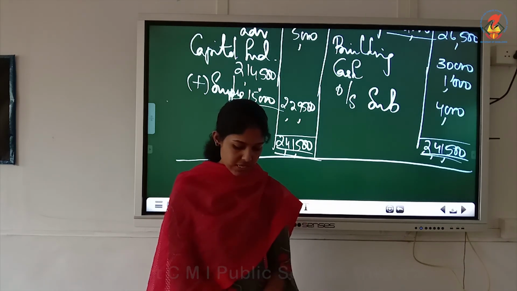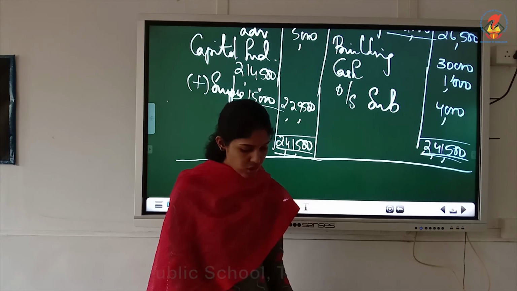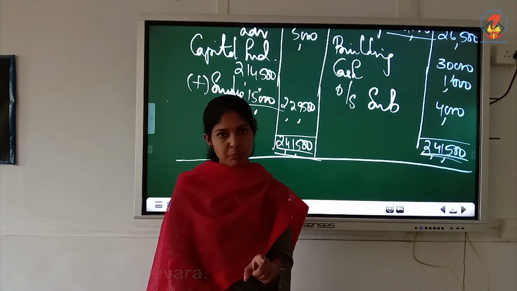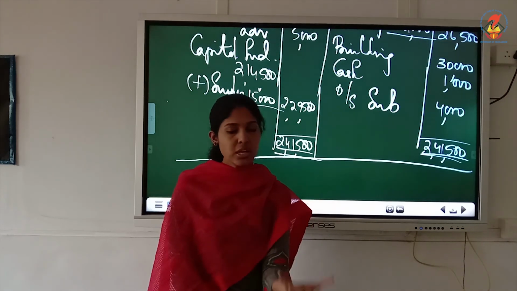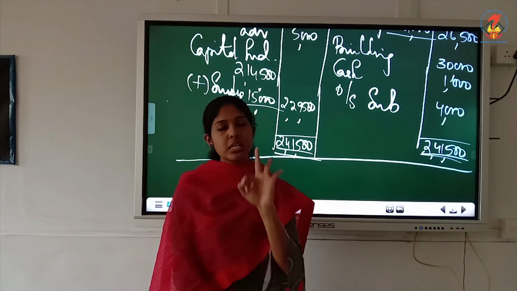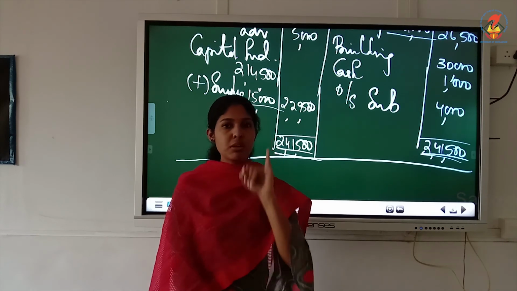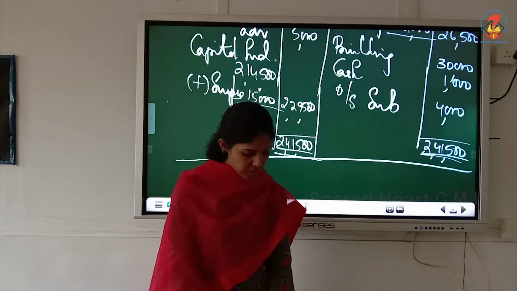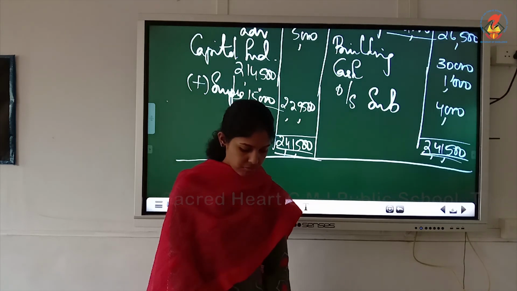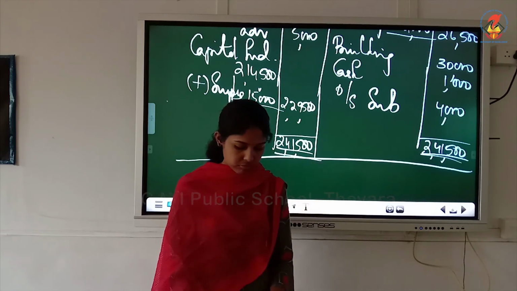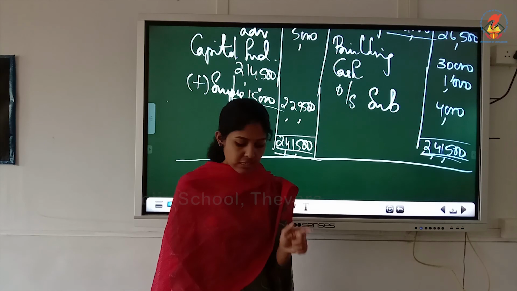Then, earning interest at the rate of 5%. So you have to compute 5% on 80,000. Consider the time period also, because we invested only on 1st of October. So you have to start counting from October, November, December, January, February, March. So for 6 months you have to calculate the interest. So here the interest they have computed as 2,000. Understood? So that is termed as accrued interest, because on the receipt side, did you see one bank interest